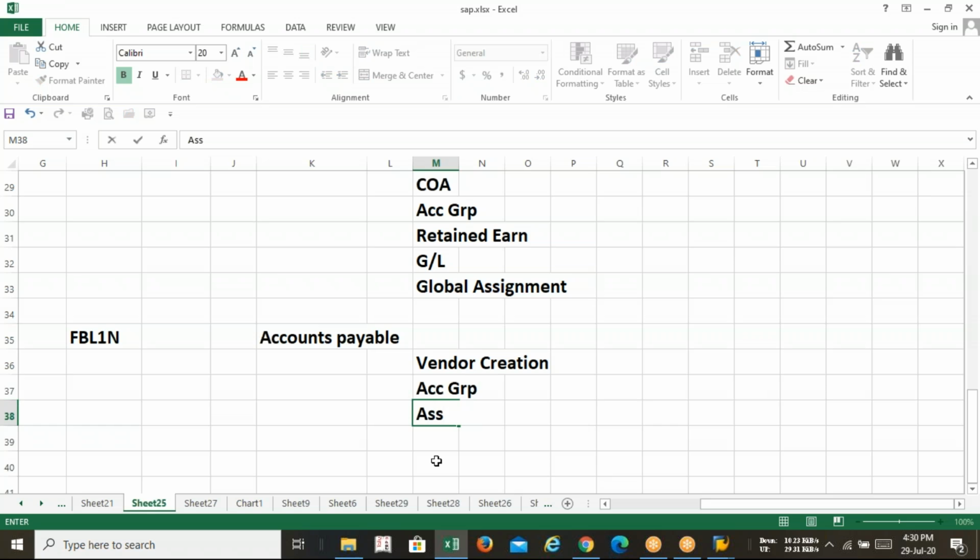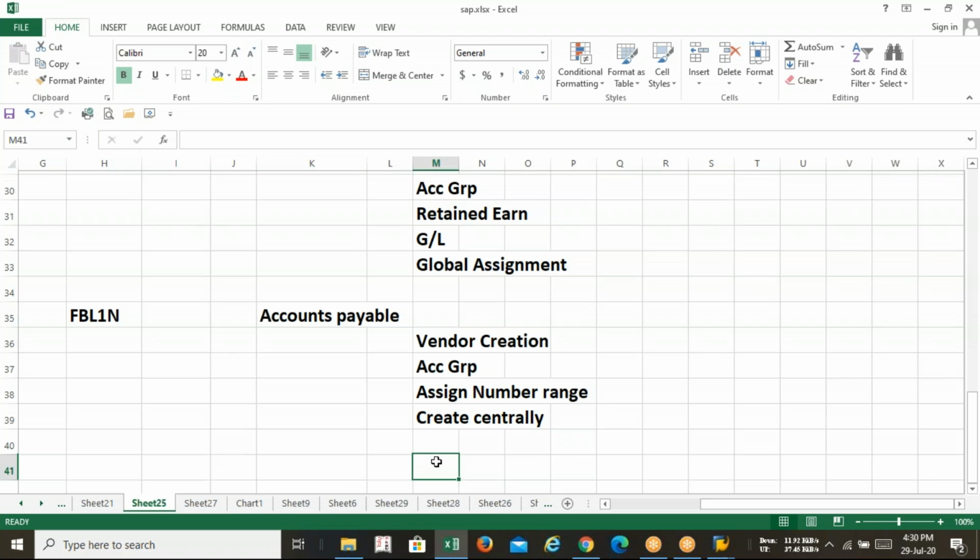We have not created number range, you just assign the number range. So I'm not mentioning that. Assigning number range, external, internal. I think we remember. Then create the vendor centrally. So vendor creation, accounts group, assign number range, create centrally.